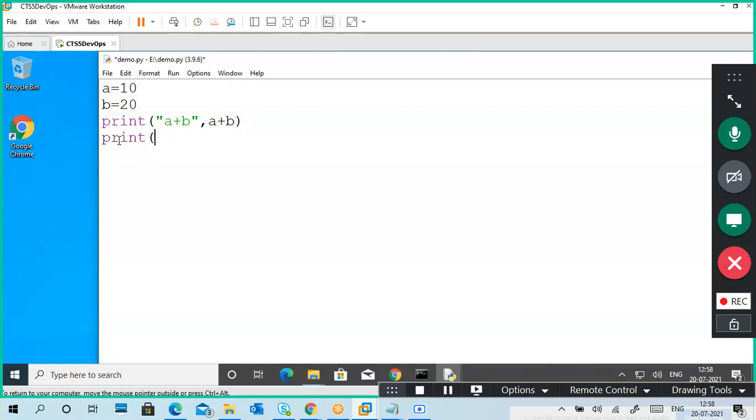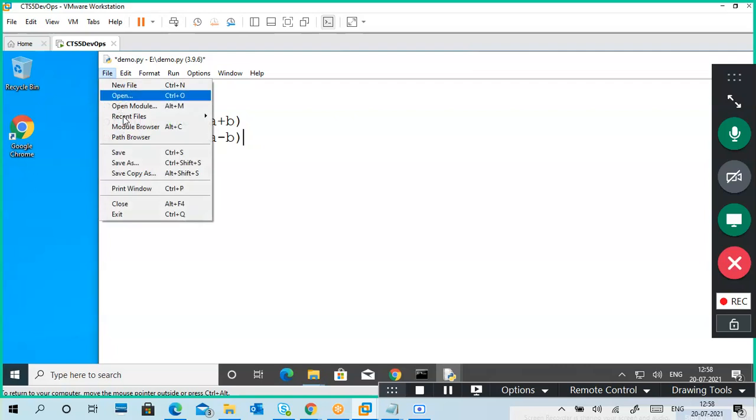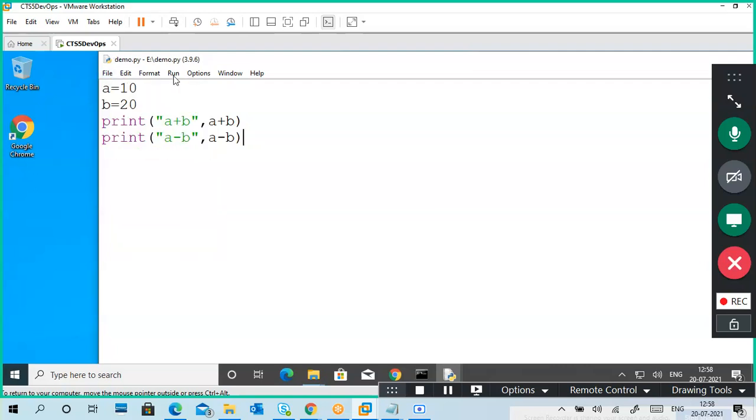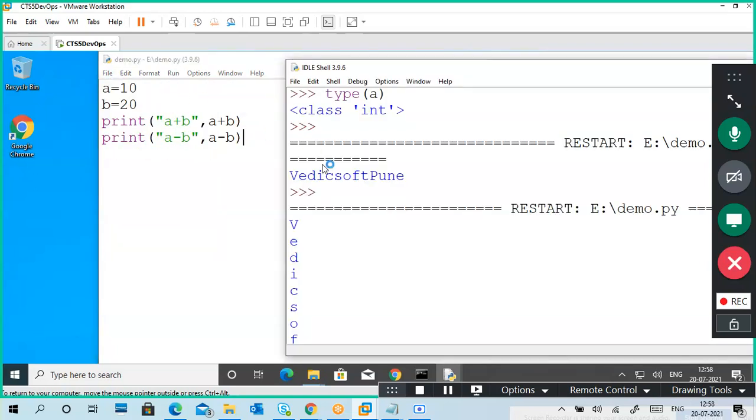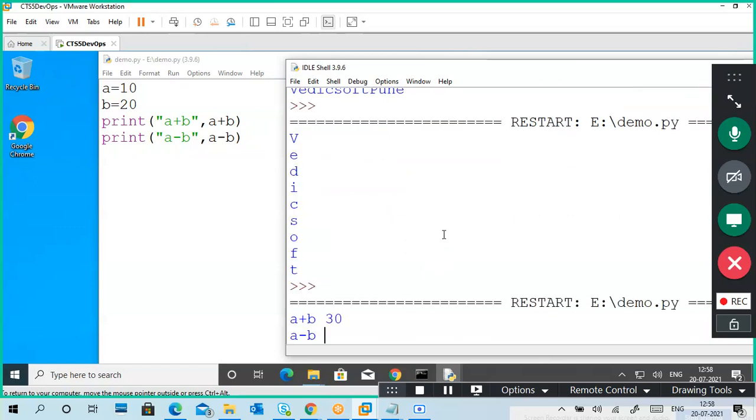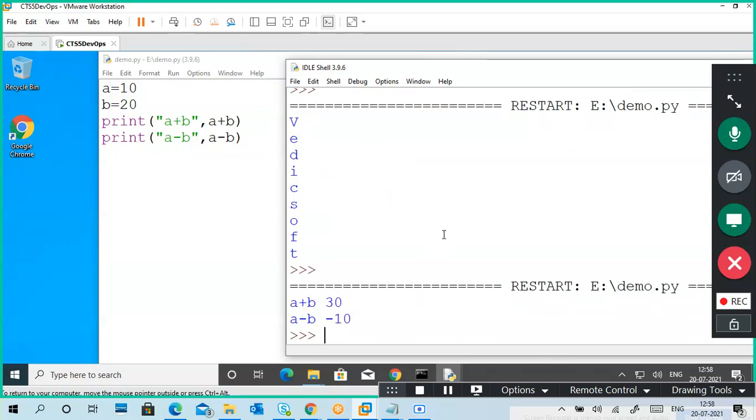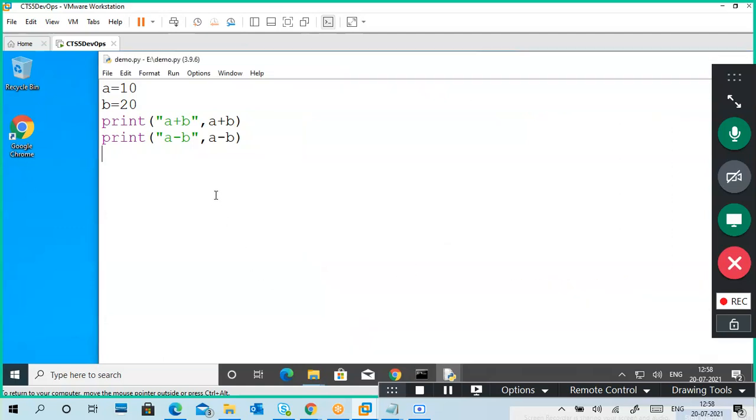Print. I've written only two print statements. Save it. Run module. See, the output will be displayed on the shell. You can do like this also.